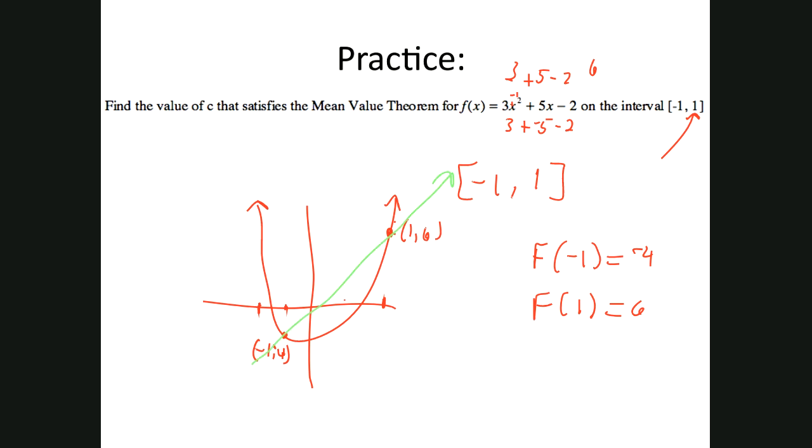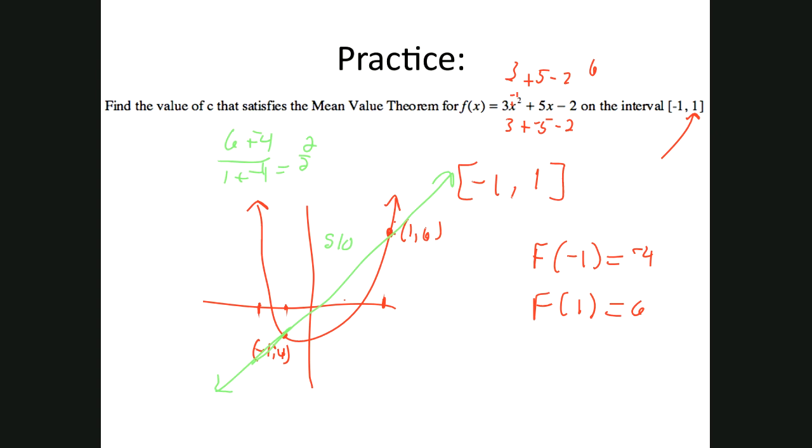There's my secant line. A secant line is not a tangent line. A secant line cuts the graph in two places. What is the slope of the secant line? That is my next step. So I need to find the slope of the secant line. Well, 6 minus 4 over 1 minus -1. So that is 2 over 2. So the slope of this secant line